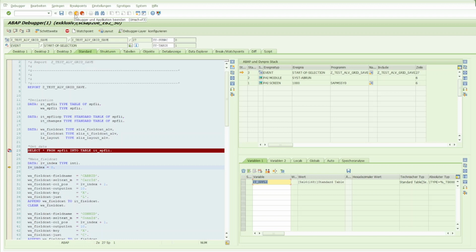I will now end the application so that we can go back to the start point,